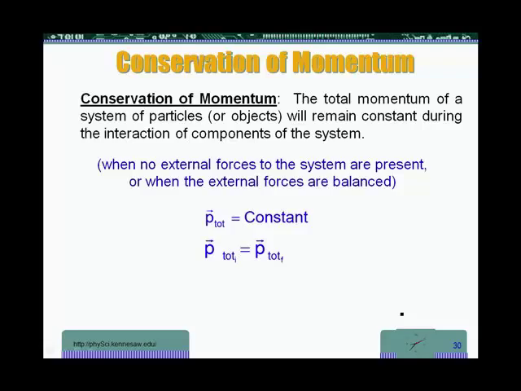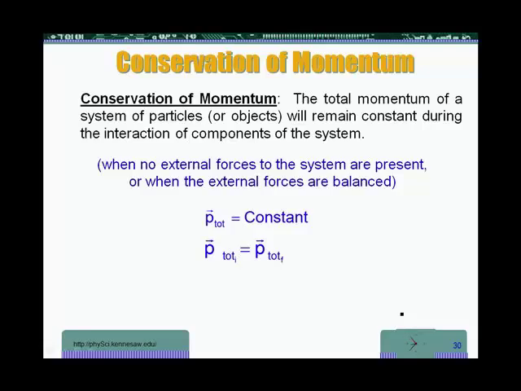What it says is that the total momentum of a system of particles or objects will remain constant during the interaction of the components of the system, when no external forces to the system are present or when the external forces are balanced. Okay, this sounds tricky. But what it essentially says is, if I have several objects, of course the several objects can be one object, if I have several objects interacting,